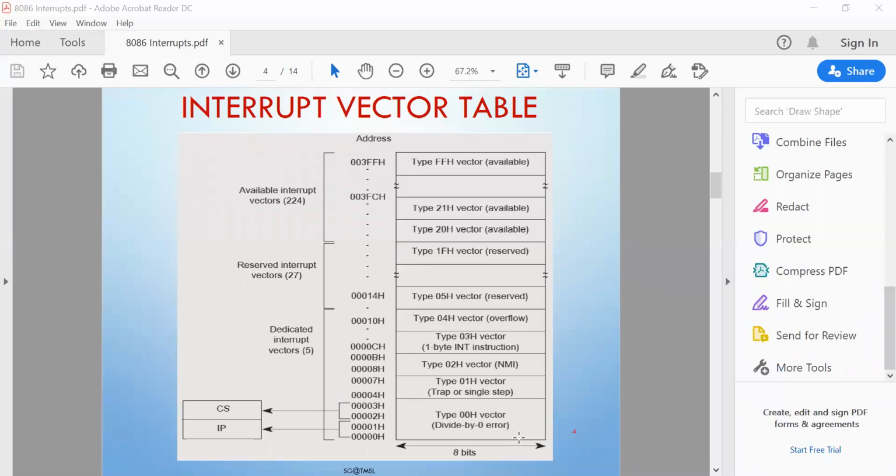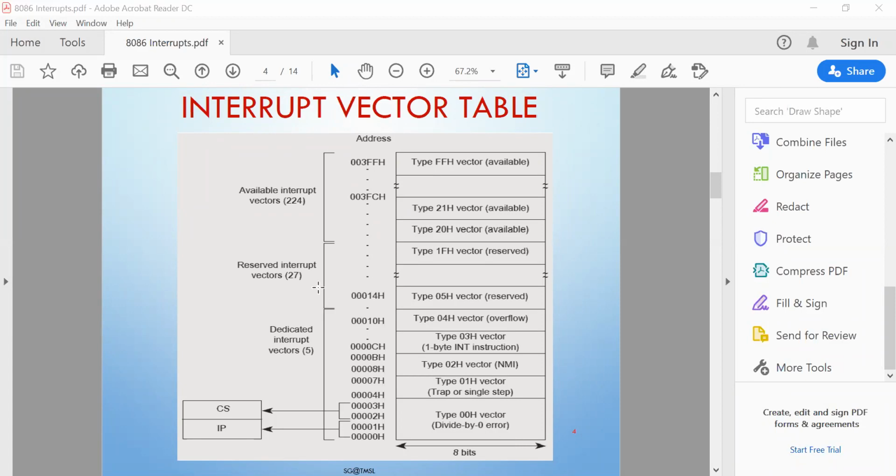If you want to process any type of interrupt, like int0 or int1 or int02 or int03 or int04, the ISR will be as per your choice. Okay, so no fixed ISR is written.